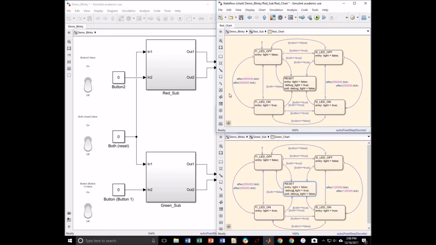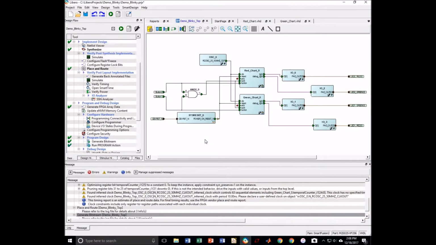It kind of looks a little hairy, but it wasn't too bad. I tried to specify these variables as being equal to true or false to make them Boolean, and it mostly worked, but as we'll see, I'm going to jump over now to Libero, and we had a couple of issues when I tried to make everything work here. So this is already created, I already flashed it onto the board. I'm just going to run over the idea and the thought process behind it, and then again talk about the